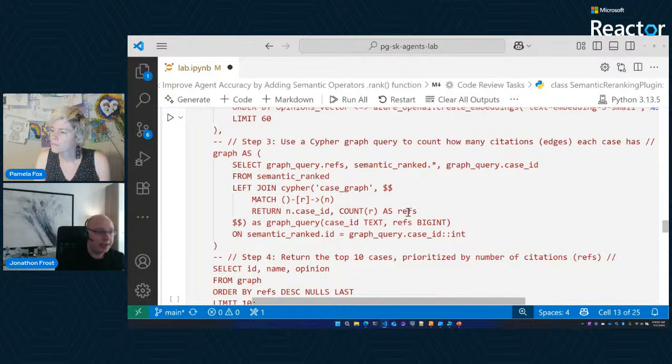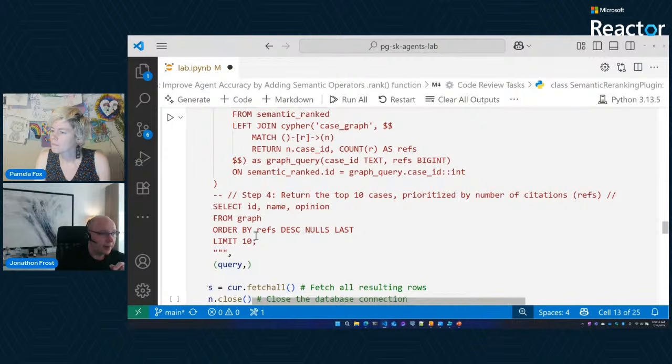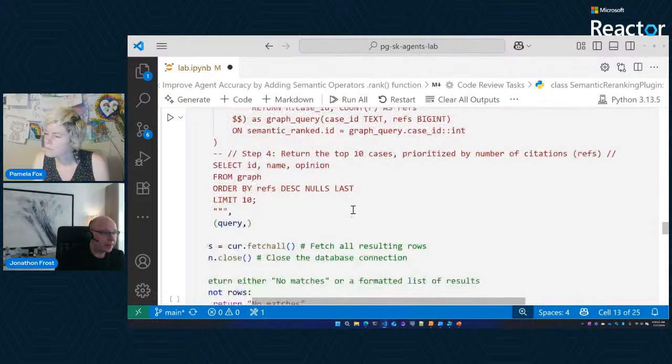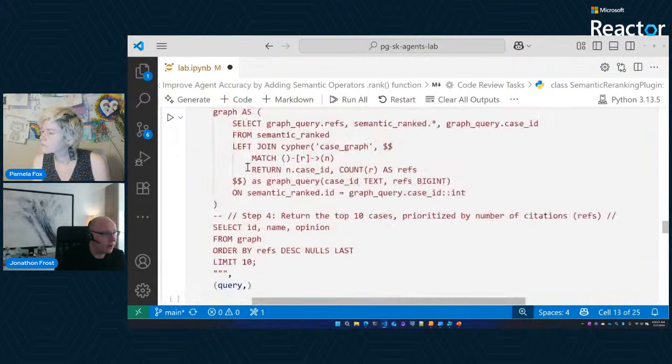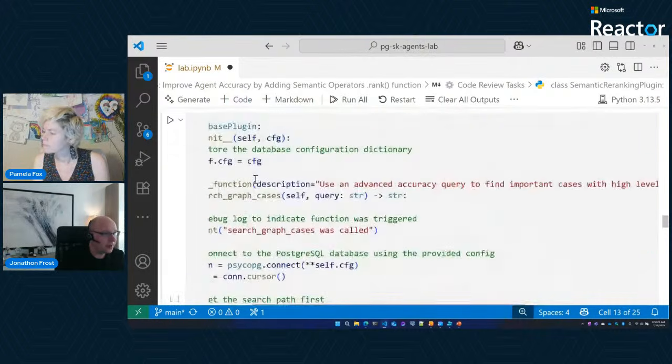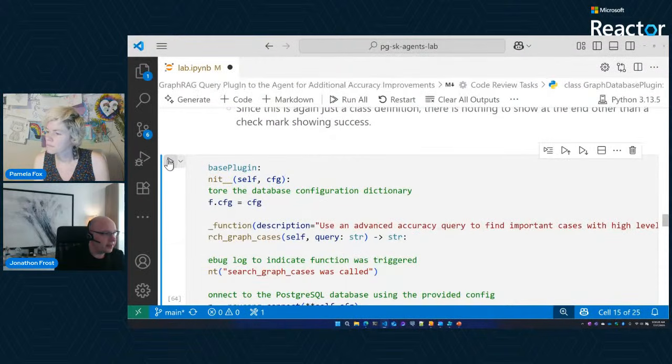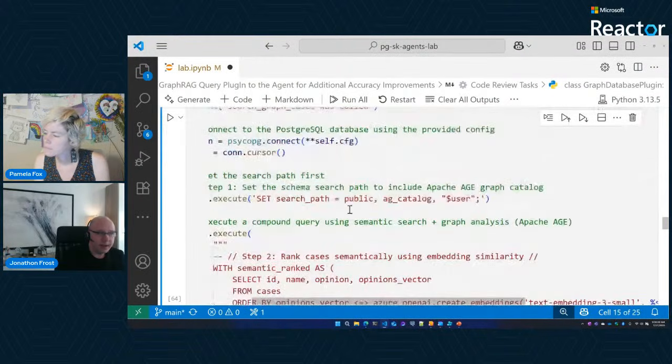So we're querying and ordering based upon the citations for each of these cases using this graph query. Once we reorder that, we take the top 10 of those graph results. By doing that, we have another optimization and boosting technique to get those results. So I'm going to go ahead and run this cell so we can define this class as well. And now we can go on.